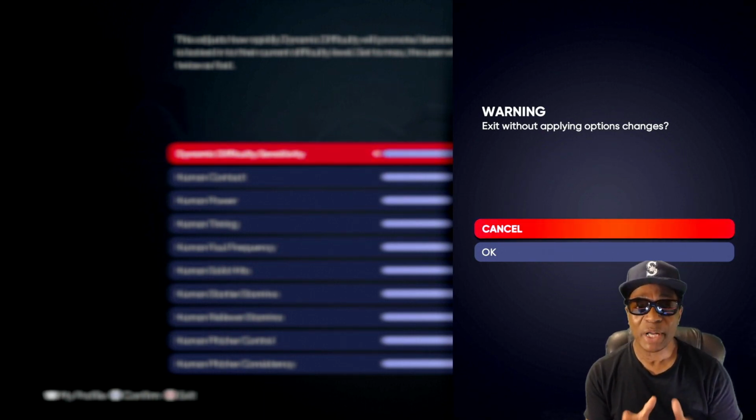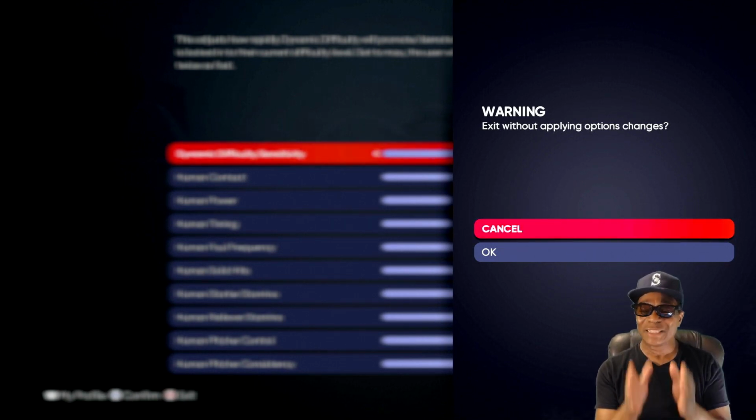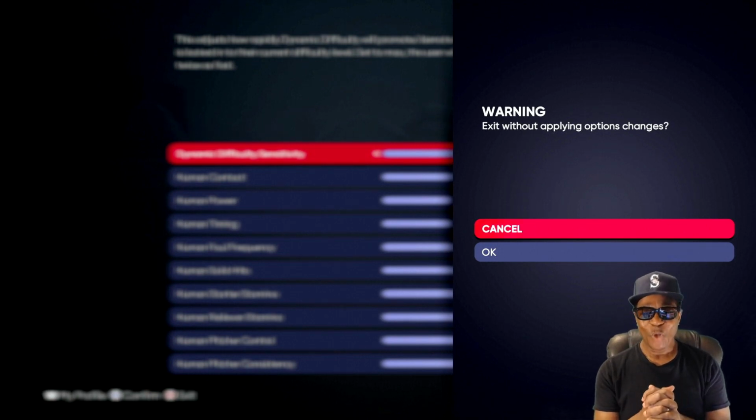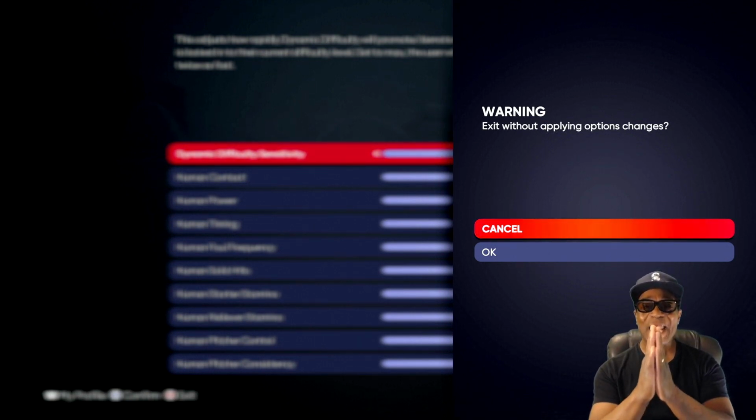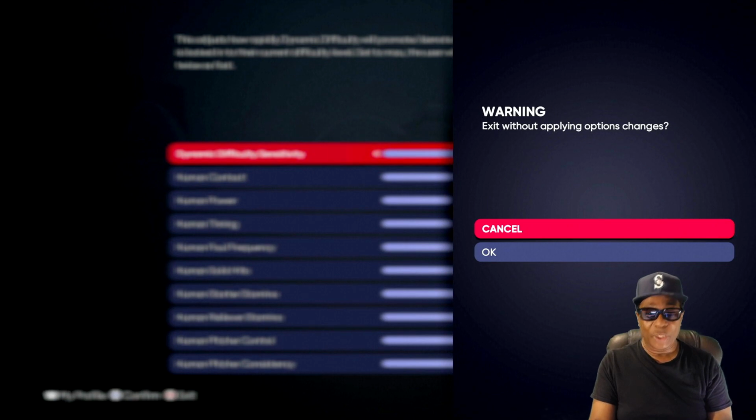Now, the reason I bring this up and why I'm doing all this talking is that the sliders in MLB The Show, guys, are not to make the gameplay better. When you look at these sliders, it's the customization situation with MLB The Show. That's all it is. They build the game for realism, guys. Now, the game is not perfect, obviously, and when we do find faults in the game, we can adjust the sliders. Right now, I haven't seen a reason to adjust the sliders, but the sliders for MLB The Show are for customization. Let me show you what I mean.